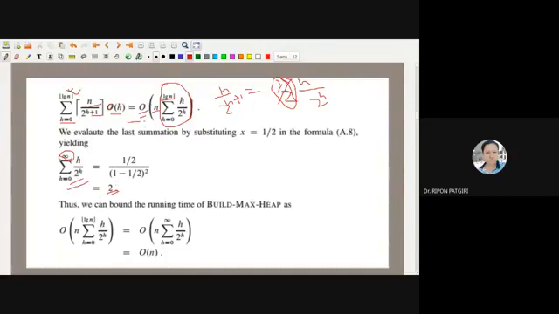So what is the total? Big O of N into 2. If you replace this entire thing, then you will get 2. So big O of twice N means big O of N. Here it is stated that big O of N is equal to 0 to, even if the height is infinite, it doesn't matter, but it is big O of N.